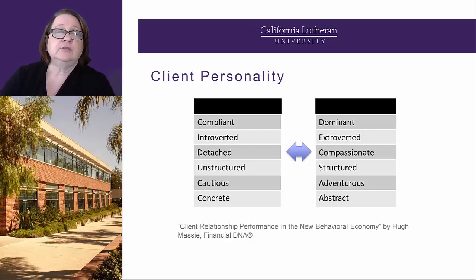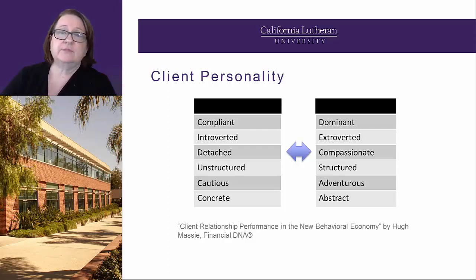Now, if you don't know, because you've never met the person before, there's several things you can do. You can wait till after you've met them and make little notes for yourself on these terms, just to help you to remember. You can also ask the client themselves if they consider themselves to be compliant or dominant, if they consider themselves to be introverted or extroverted. Most people know. And in talking about themselves, if you just say to the client, tell me a little bit about yourself, what do you like as a person? How are you and your family? You're going to get a lot of these words coming into the conversation.